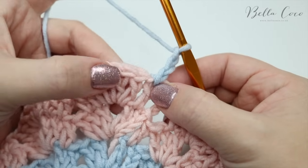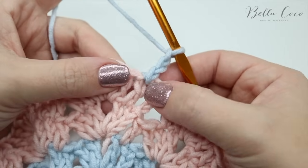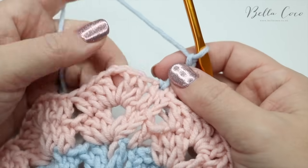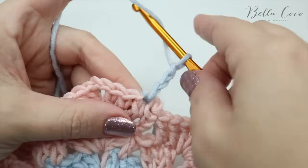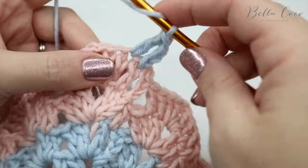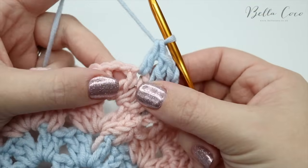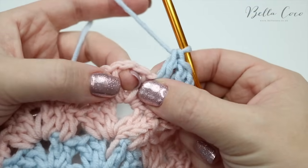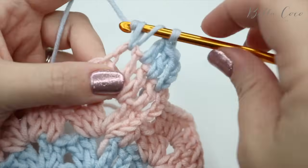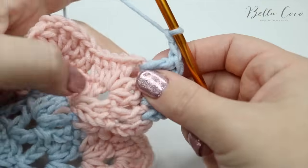The only difference is we're going to do something different in the peaks this time, and I'll explain that in just a moment. So we've just done our first treble up the hill. This time we're going to do 3 trebles because we have an extra stitch there. So we'll go into the top of the next treble and then into the top of the next treble. So this is where it's slightly different, and it's only slightly. In this corner we've always done 2 trebles, a chain 2 and then 2 trebles, but this time we're just going to do 1 treble, a chain 2 and then 1 treble,